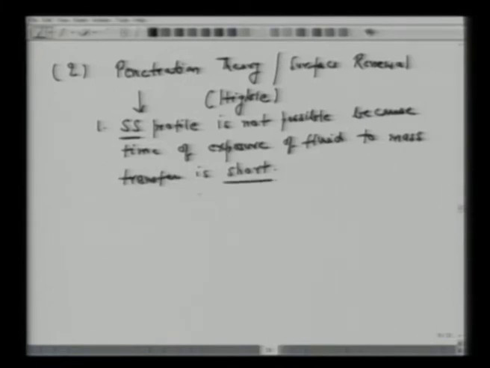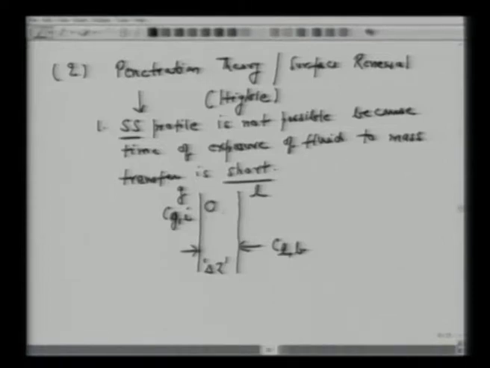So if you go back to the same situation we had earlier, we have gas and there is a liquid here, so still we have a diffusion resistance over this diffusion length of del Z. Now we have bulk concentration, which we can still use the same nomenclature as CLb, and on this side we have the concentration of CGi. This is the liquid phase and this is your gas phase. So as per the penetration theory, there are eddies. Okay, so you have some idea of these eddies from hydrodynamics.